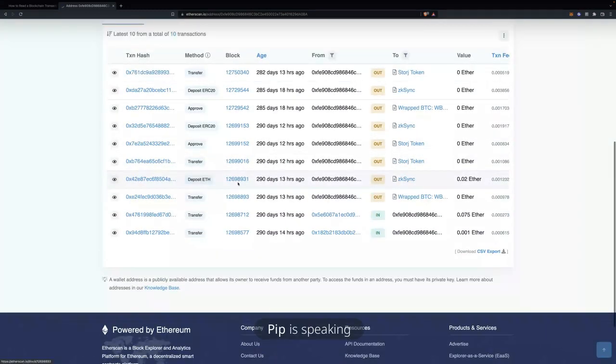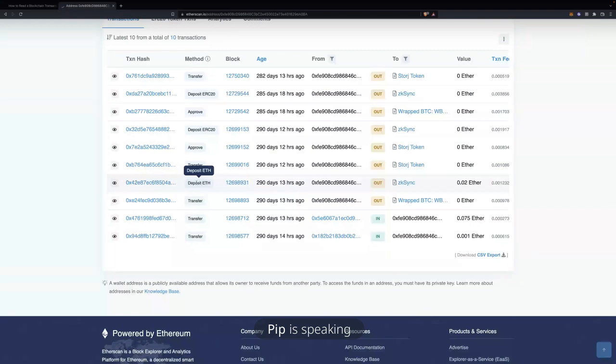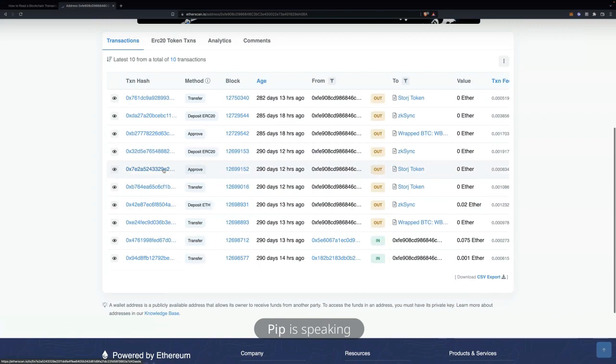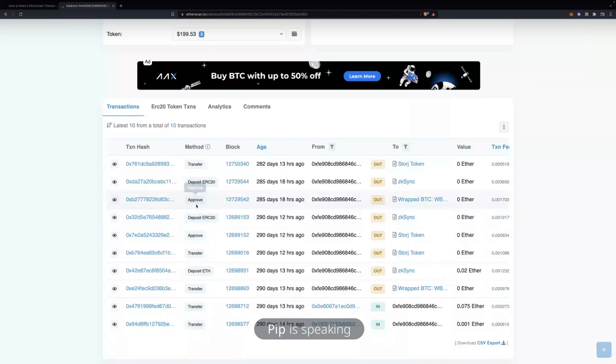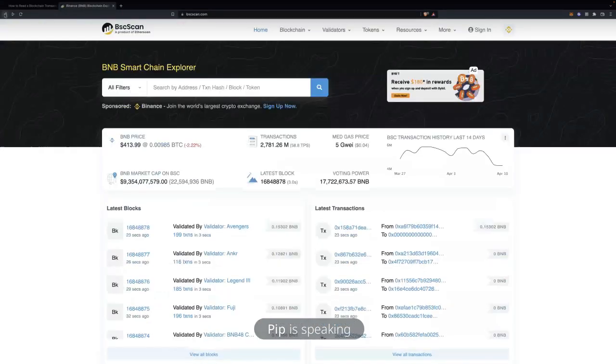Here, it tells me that they deposited Ethereum somewhere. This tells me a proof that they have approved a new token to be traded or transferred on that address, etc. Okay? So just to bear in mind, let's see if we can go back here and see